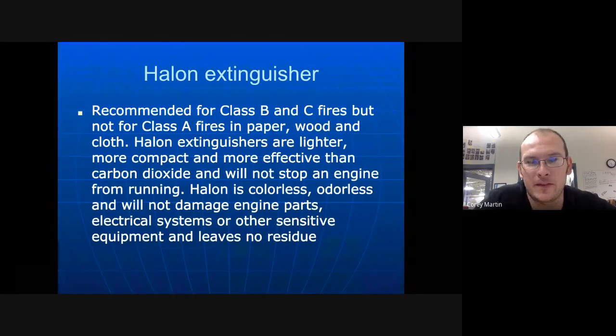Okay, halon. This is one of the most popular, but it's also one of the most expensive. And one of the reasons that these are particularly good in auto applications is if you take one of those dry chemical fire extinguishers and you spray it down on a running engine, then that engine is going to suck up all those powdered materials and it's going to ruin it. A halon extinguisher will not harm any electronics. It will not harm the engine either. It simply is going to smother the fire out.